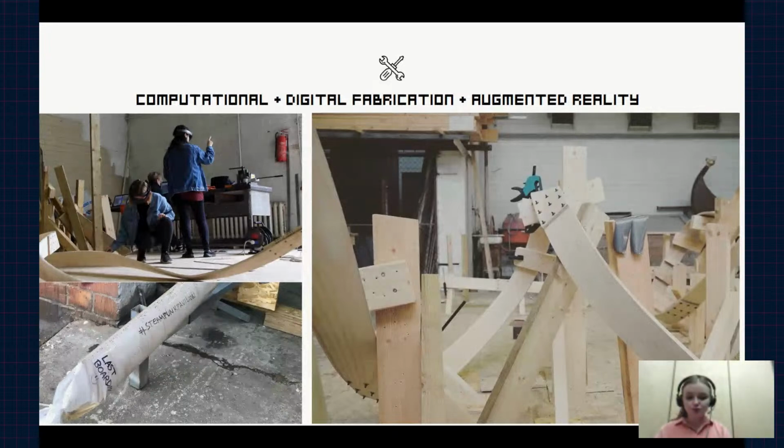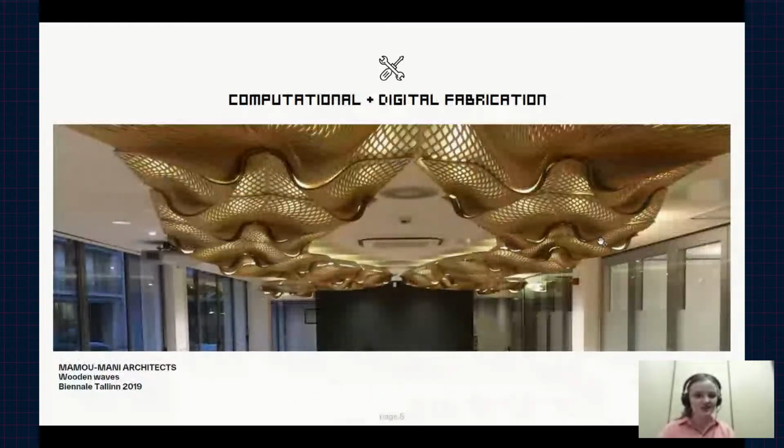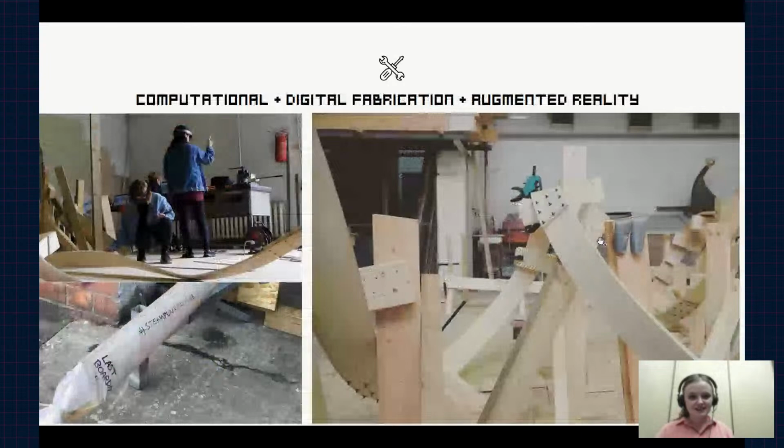You can't just draw these and do it. You need to see the geometry, then see where it is bent in Rhino, and then bend it again with fabrication manually in order to have it. So yeah, this is the process.